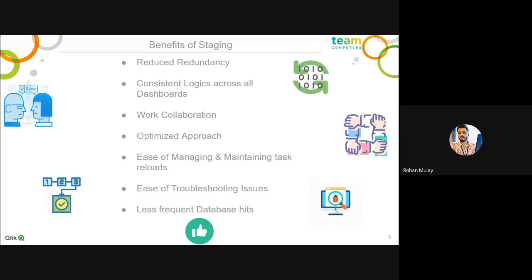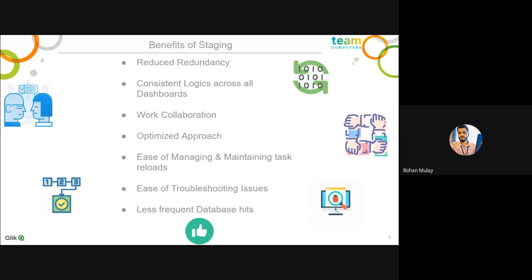Also, this is an optimized approach. As I've already explained the difference, how the unstructured approach will impact and how the staging approach benefits us. Then there is ease of managing and maintaining the task reloads. In the initial example, when we follow the unstructured approach, all the team members are creating their own reload schedules on QMC as per their convenience.